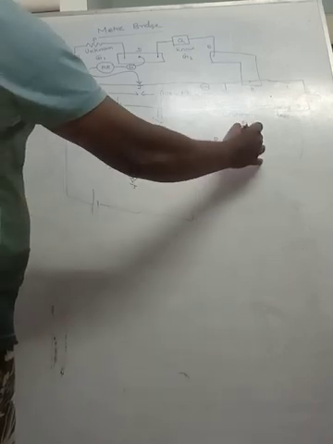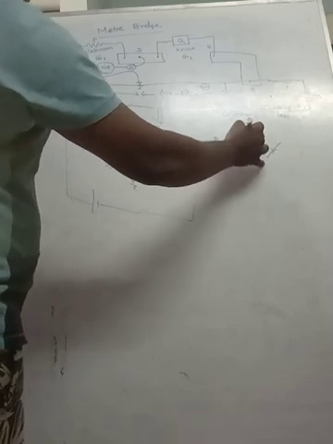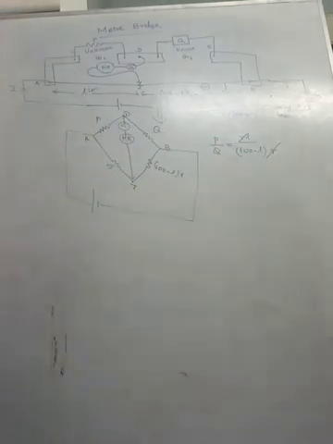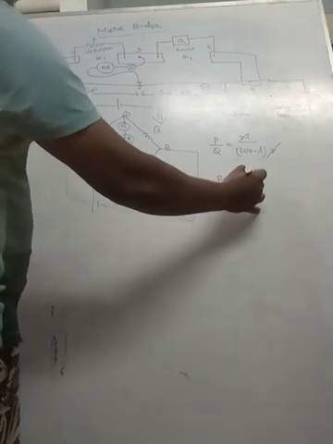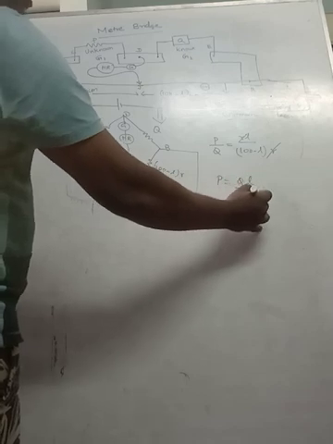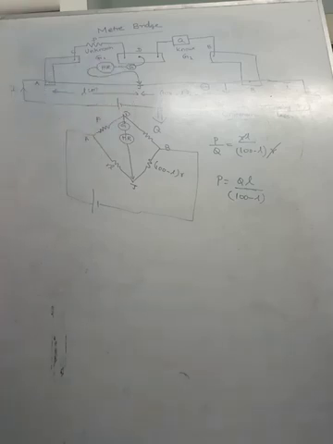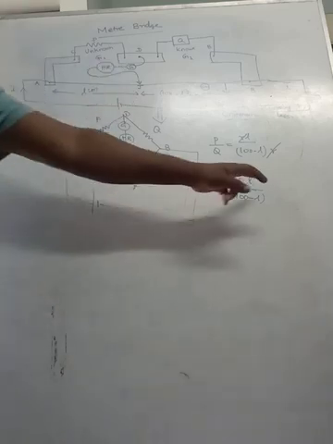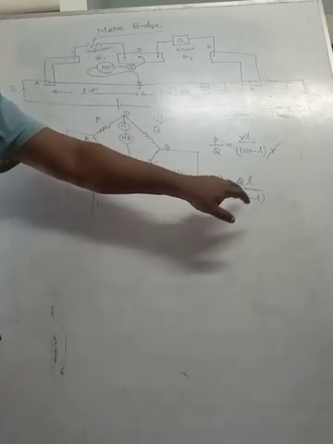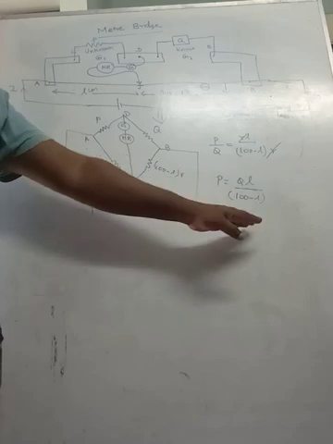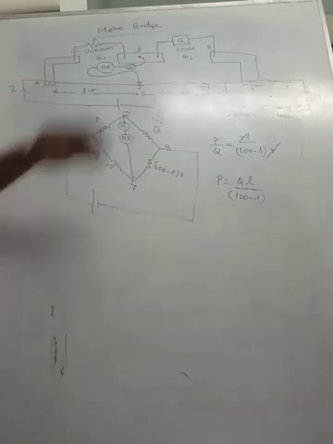R into L by 100 minus L into R. So this R gets cancelled. So here P is the unknown resistance. We need to find out P. So P is equal to QL divided by 100 minus L. Everything is known now. The length at which the galvanometer shows 0 deflection, that length we can find out from the meter bridge. And the remaining 100 minus L, if we substitute, we will be getting the unknown resistance value by using the meter bridge.